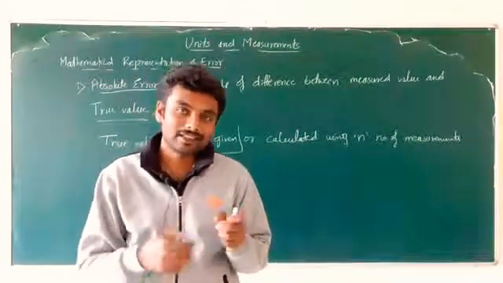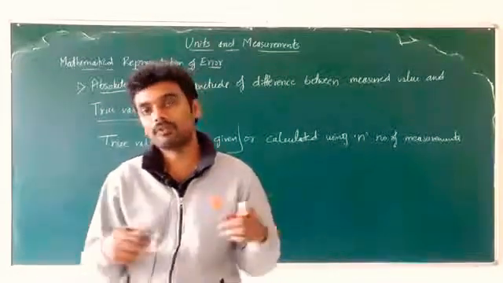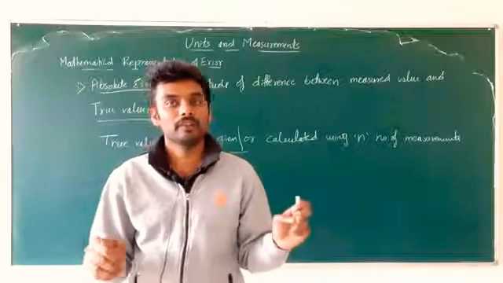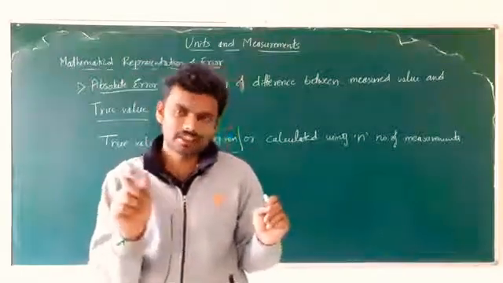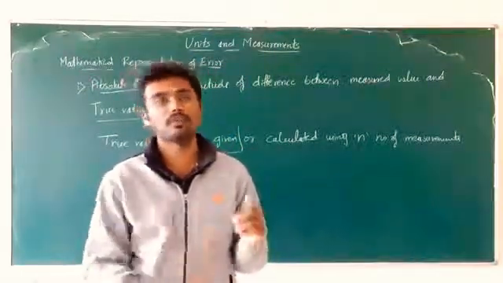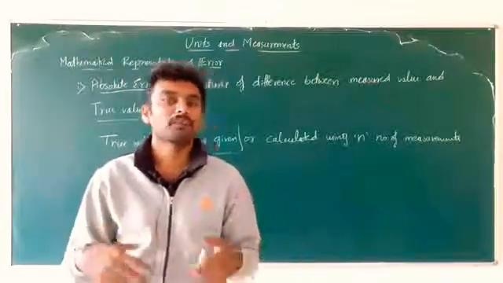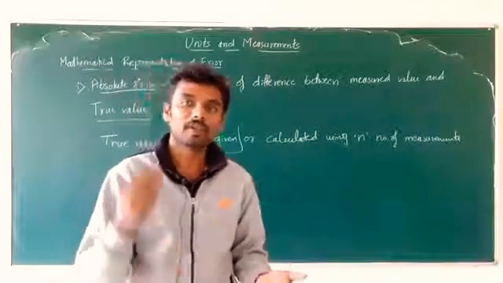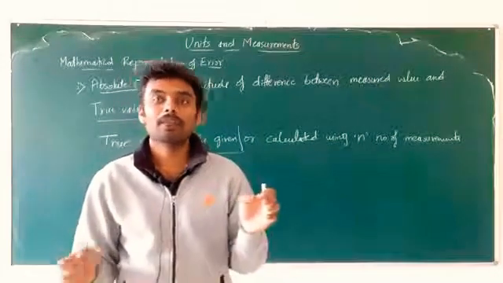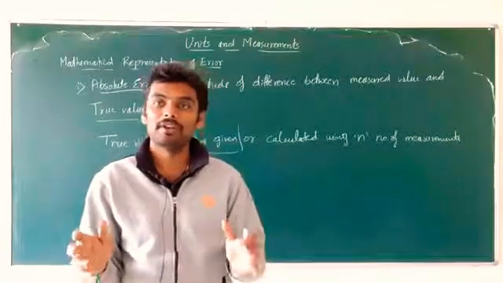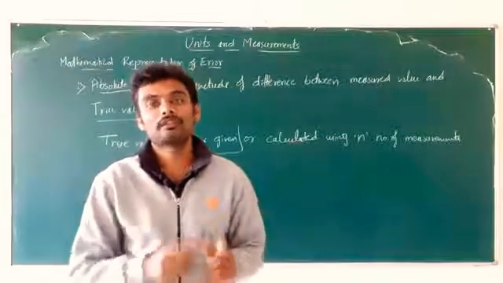Okay, just as an example, we had a stick, right? We don't know what the true value of the length of the stick is. Then what we do, we take one reading, I get some value, I'll take one more reading, some other value with little deviation, third reading, fourth, fifth, sixth, seventh, and so on. N number of readings, sometimes 10, sometimes 20, sometimes only 5, sometimes only 3. So these many readings are taken according to the situation, and the mean or average of all those readings is considered to be the true value of the measurement.